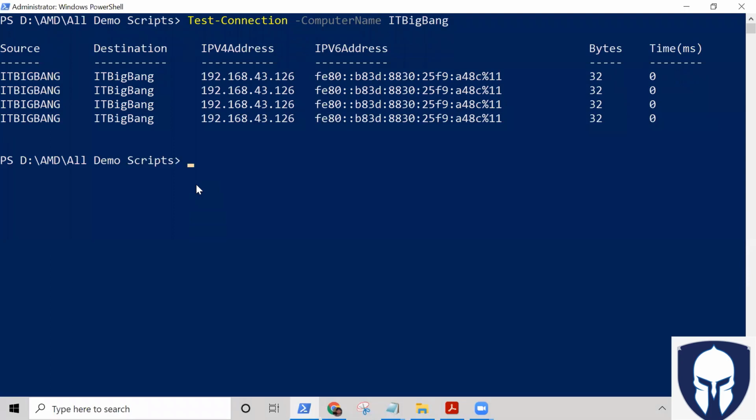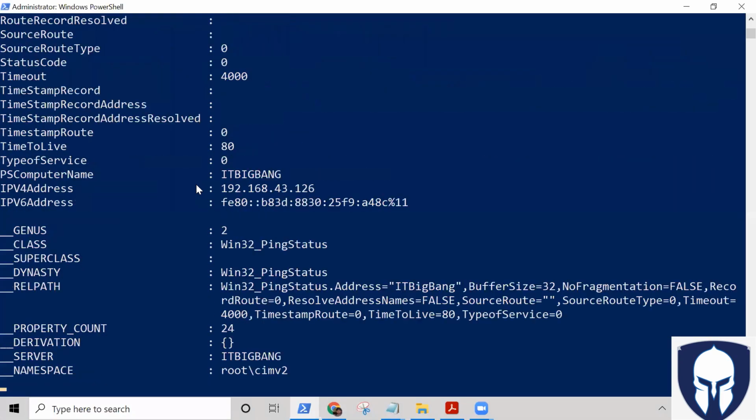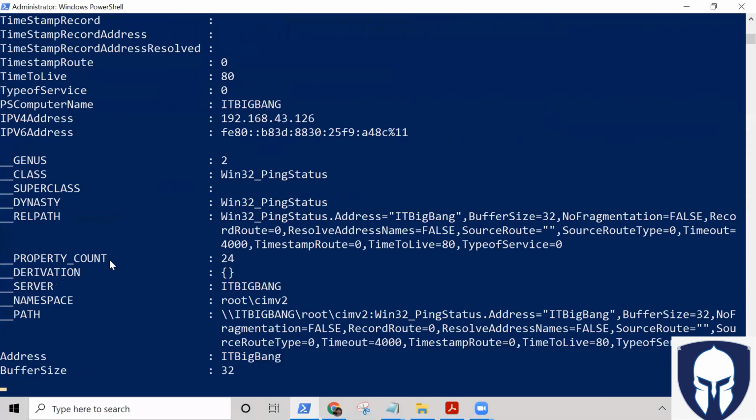You see, it is actually nothing but a ping. Then I'm getting a result as ping result, let's say. Ping result, and then what I wanted to check is